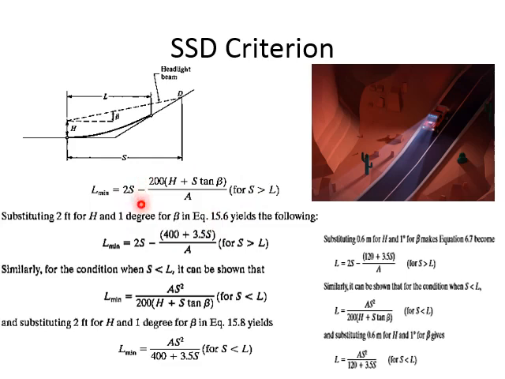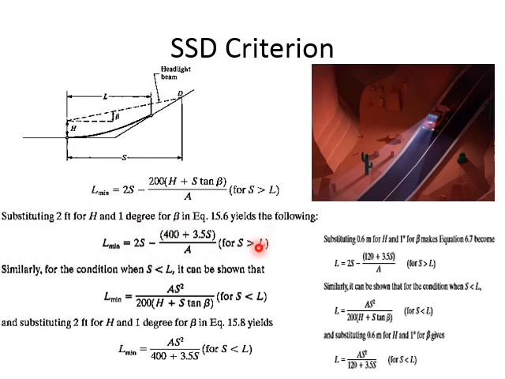In this equation, this is the equation when S is greater than L. So you require a sight distance which is more than the length of the curve. If you try to stop, you will stop after the curve. This is the equation to find the minimum length of the sag curve. We require the sight distance, the absolute difference of gradient, and h and tangent beta. But for h and tangent beta, a car has constant values. So you put h as 2 feet, beta as 1 degree, and the final equation will be this. This is the final equation when S is greater than L.